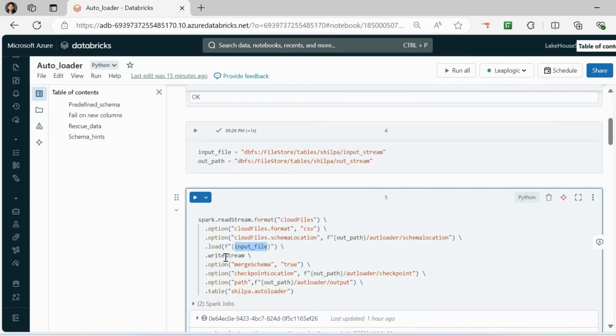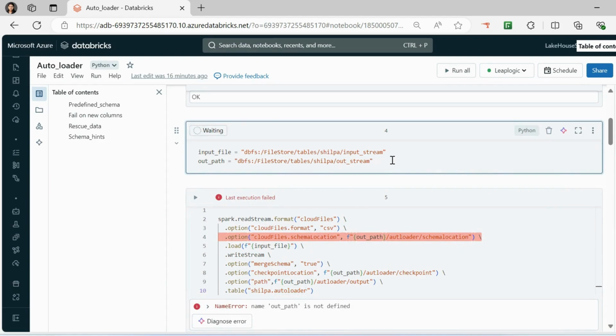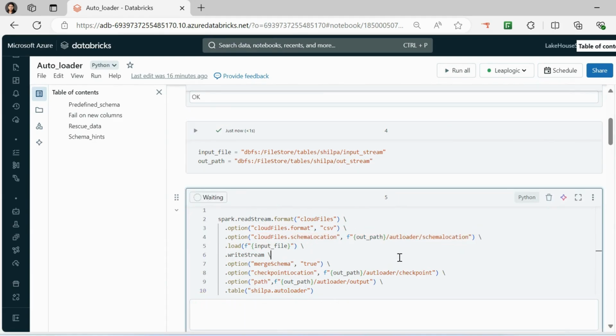And then I will be writing it using the merge schema with the help of my checkpoint location and the path. I will be saving the data in this particular output path. And I will be saving the table also called Shilpa.autoloader. So let me rerun this input file and output path and then run this particular command.